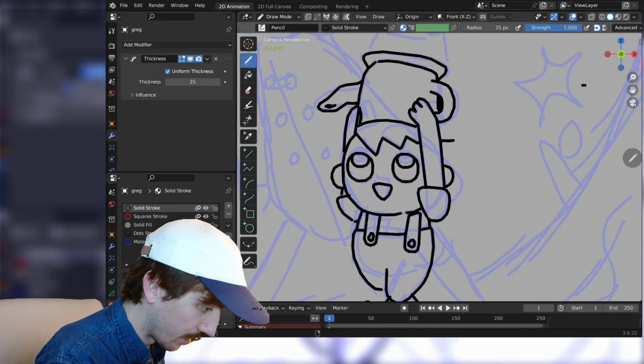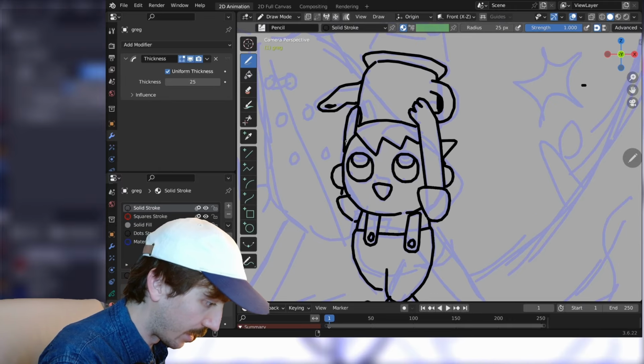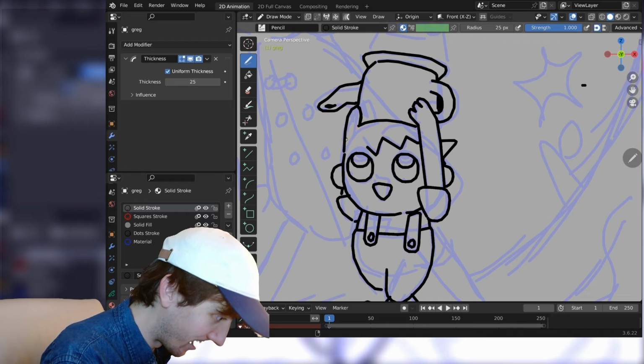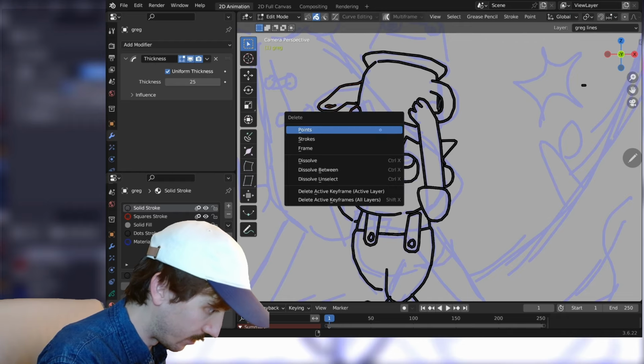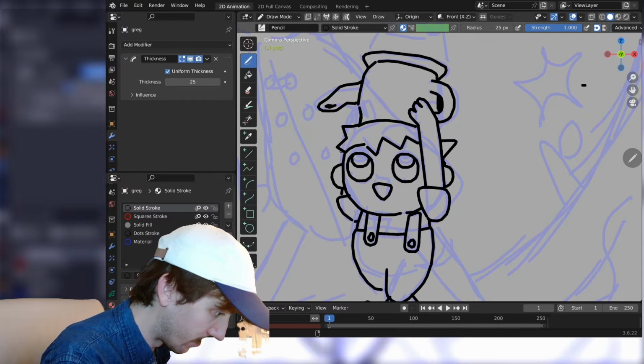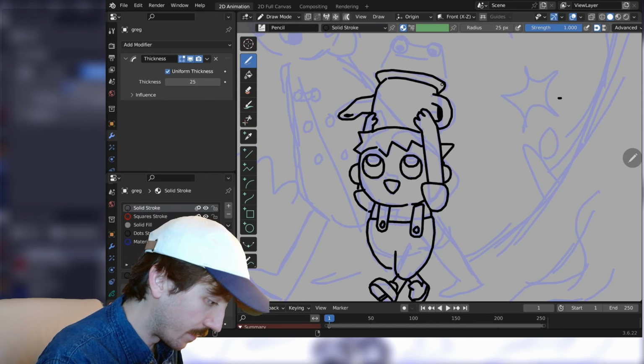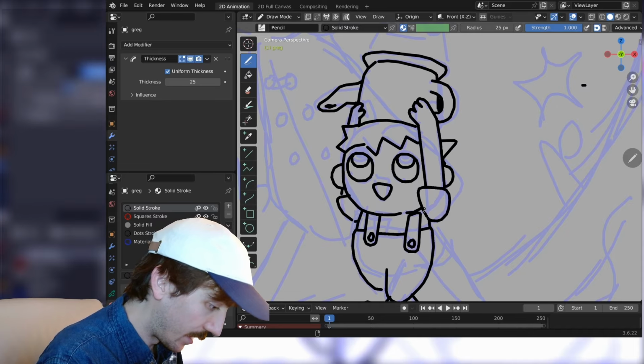Something's telling me I need to give him a little hair that sticks out like Astro Boy. Also, the way this hair is, it would be covering up just a little bit like that. Let's actually just redraw this line so I don't have to erase something like that. That's pretty good. Are his arms ridiculously long, and do they make zero sense as to how they would attach